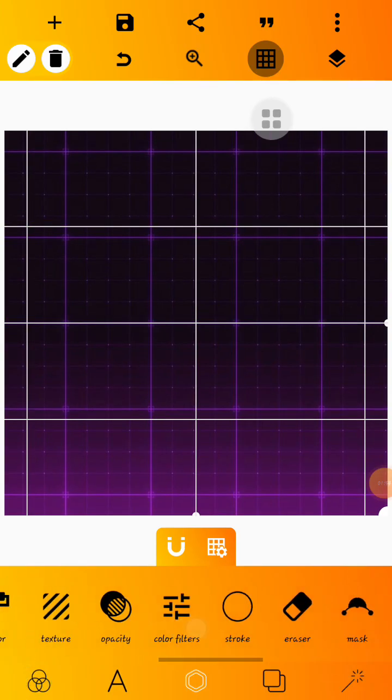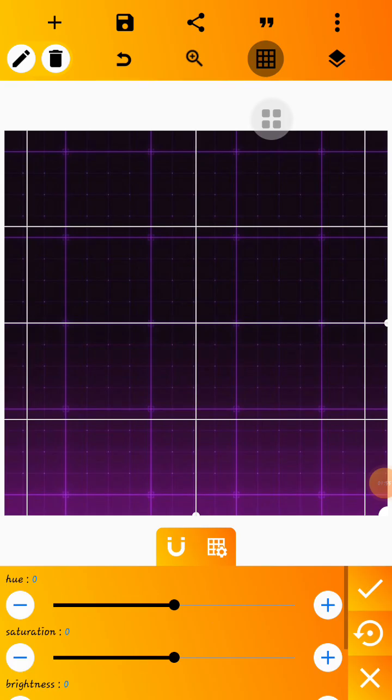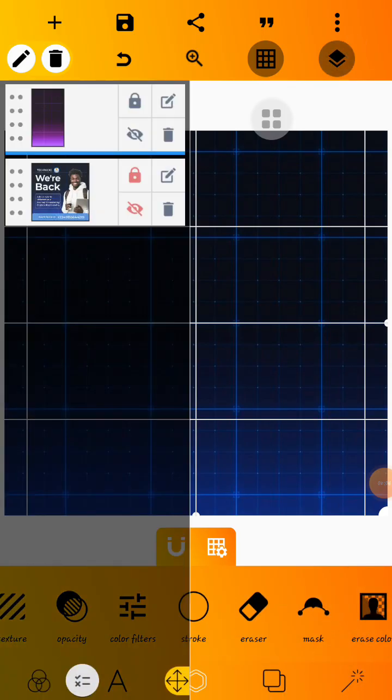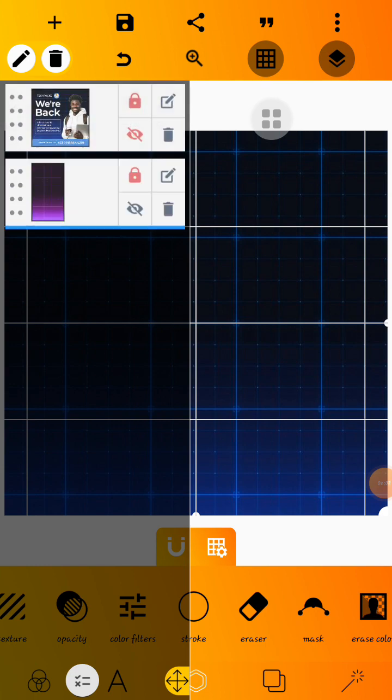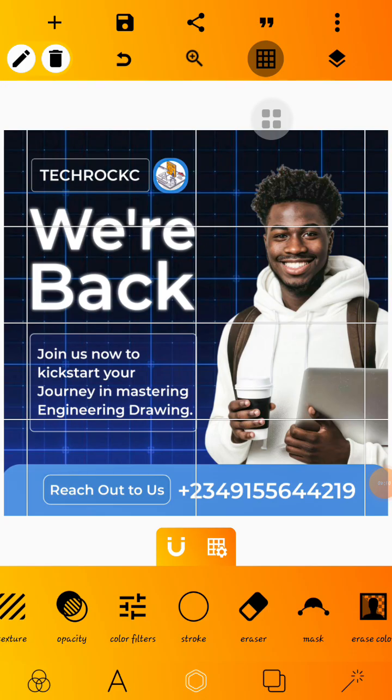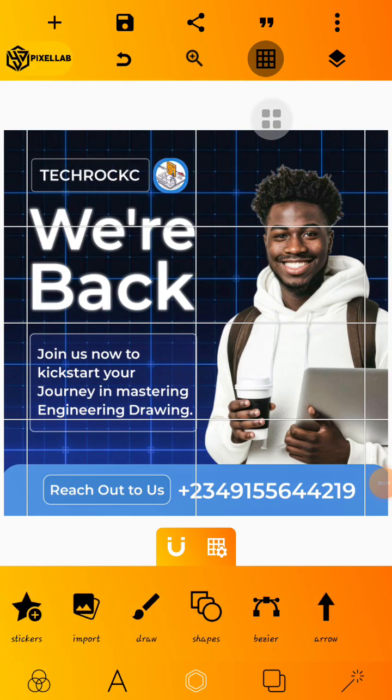After that, you go back to your color filters. You want to change this purple here into blue, so you just reduce the color filters a little. So we have -60 here. After that, we're going to lock it so it does not move anyhow, and bring it to the top, so we can see. So the next thing we'll be adding is this Tech Rock C and